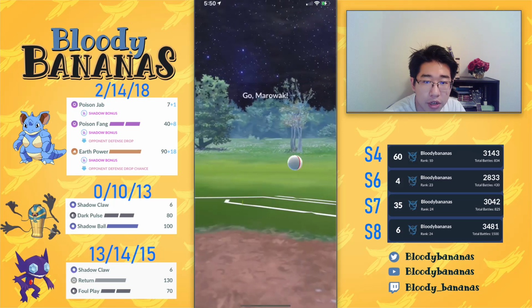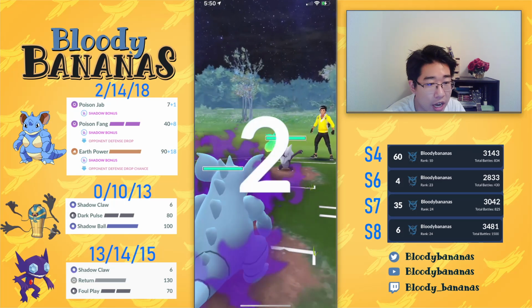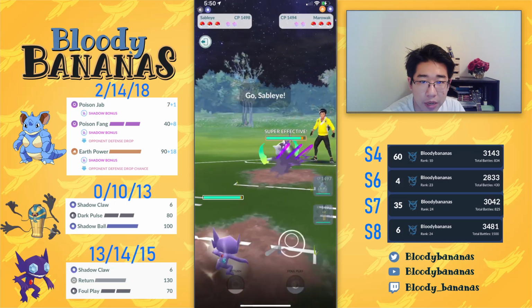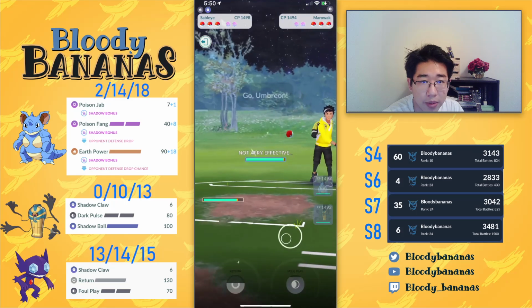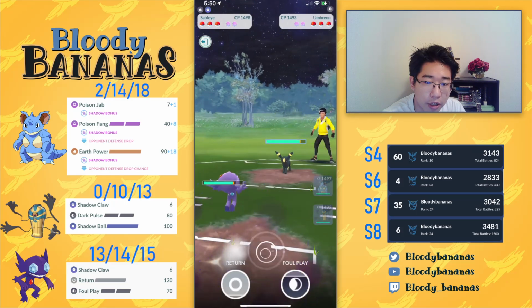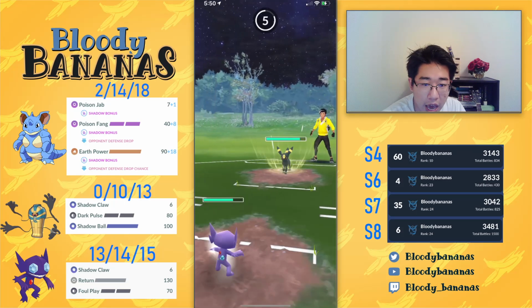Next up, we have Nidoqueen versus Marowak. Not a great matchup, but all we have to do is swap out into Sableye. And if they have a counter to my Sableye right here, we draw out the Dark-type Pokemon. Their Umbreon is out of here, and that is really good for us,